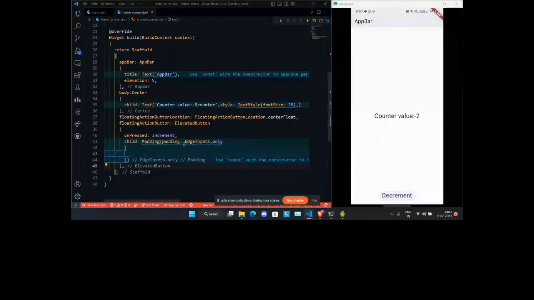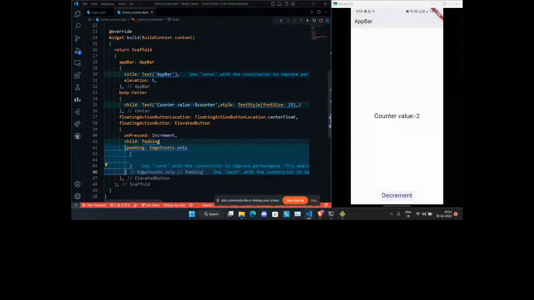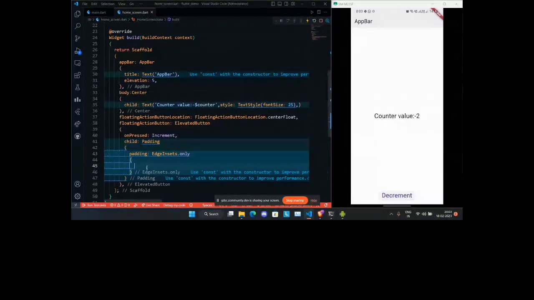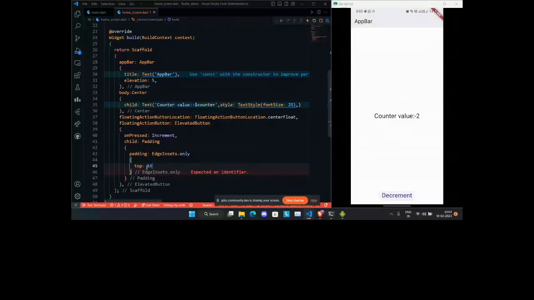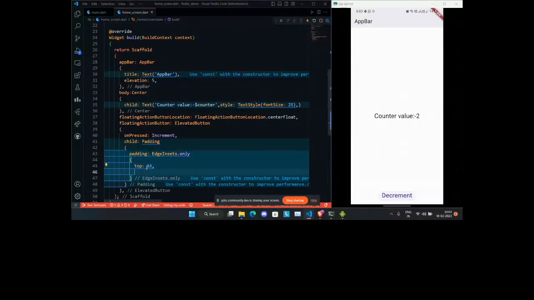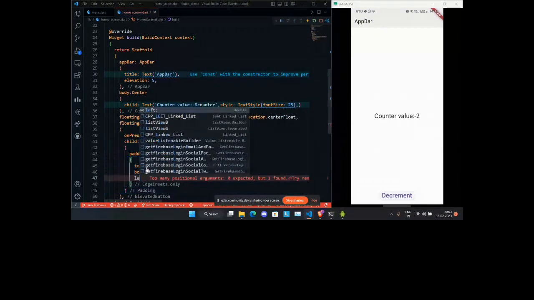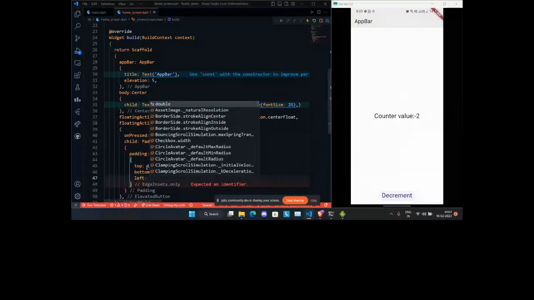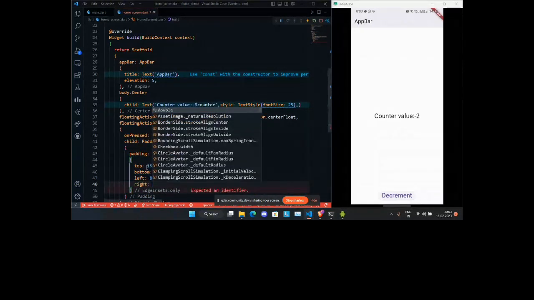I'm going to refactor the code so you don't have any issues because of the brackets. Let's say that the top margin should be 16, the bottom margin should be 8, the left margin should be 8, and the right padding should be 8.